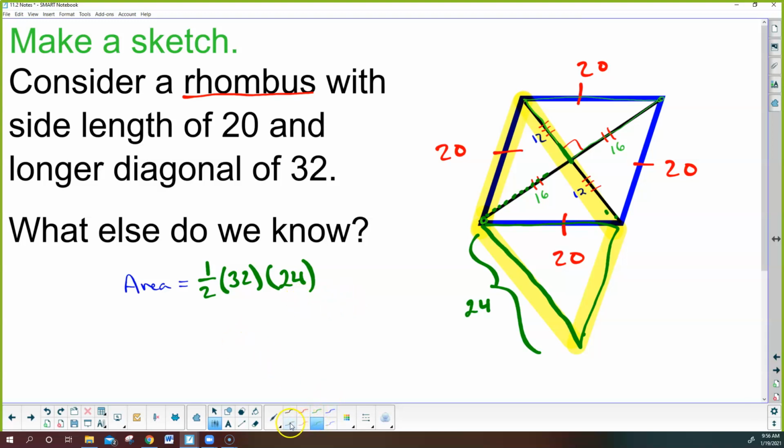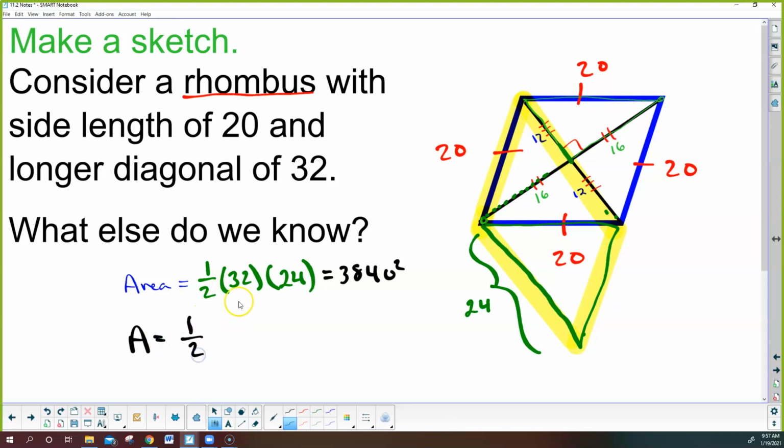Well, let's think of this. Now we could multiply that out, right? 1/2 of 32 is 16. 16 times 24. We could find the area of that pretty quickly. But I don't really care about the area as much. That's 384 units squared. What I really care about, and we'll get this on the next slide, is what is